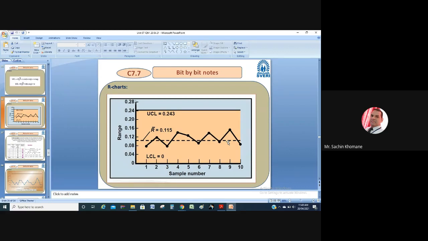Very simple, right? So this is whatever discussion we have made. It is related to variables. What variable have we calculated here? Anybody remember which variable? X bar and R bar, R chart and X chart belong to the variable control chart. So which variable for these two numericals have we considered? Which product have we selected and which variable have we considered to draw this control chart? Anybody remembered at least that?